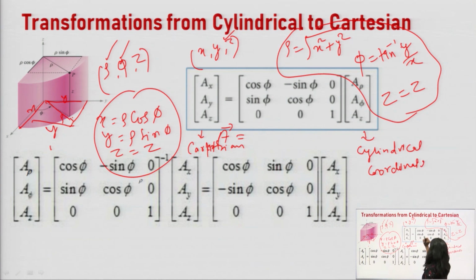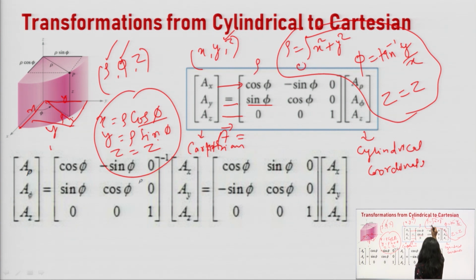So how to write this equation? You know that this formula is very easy to derive. So we have written x is equal to rho cos phi, y is equal to rho sin phi, z is equal to z. So same thing we will write here also. In front of x we will write the coefficient of x. In front of y we will write the coefficient of y, that is sin theta, and in place of z we will write 0.